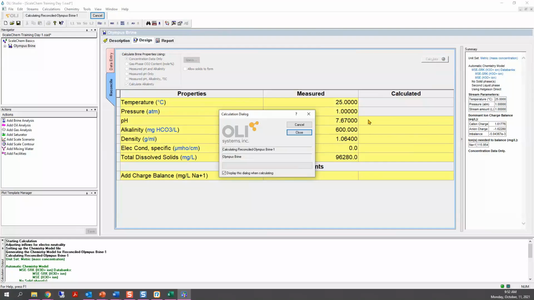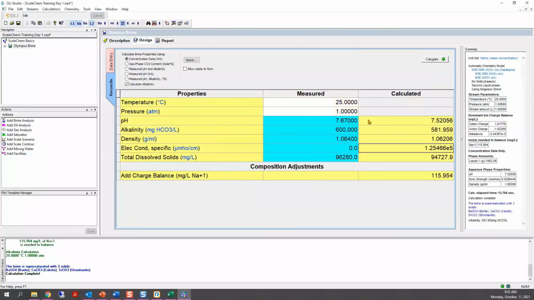So now the question here is, do you think that this is a good representation of the solution? Are you okay with these calculated values that the software is giving you for pH, for alkalinity, etc.? We have the options to match the pH and the alkalinity values, and those are the other options that you see here.